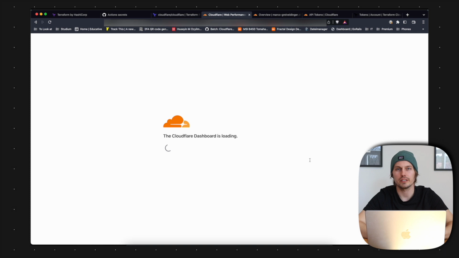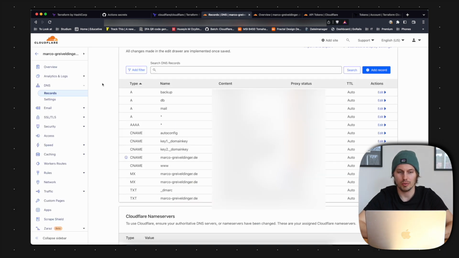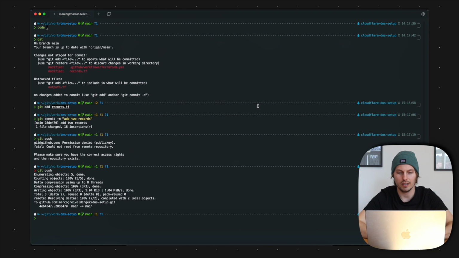So let's have a look at the current configuration of my domain in Cloudflare. I just opened here the configuration, which you can access via the web browser. And as you can see, there is no traffic or no plausible record here. These two records I just created in the code, and I am pushing that one now into my repository. So after the push, I'm opening the